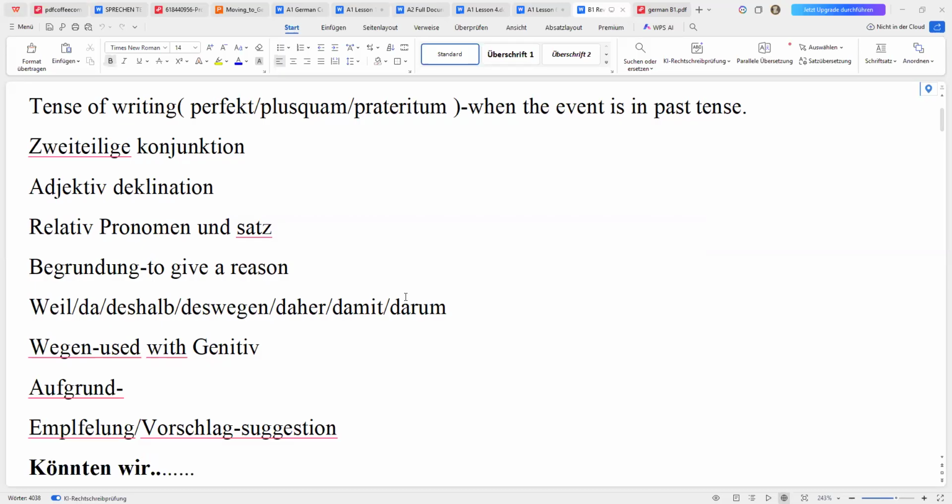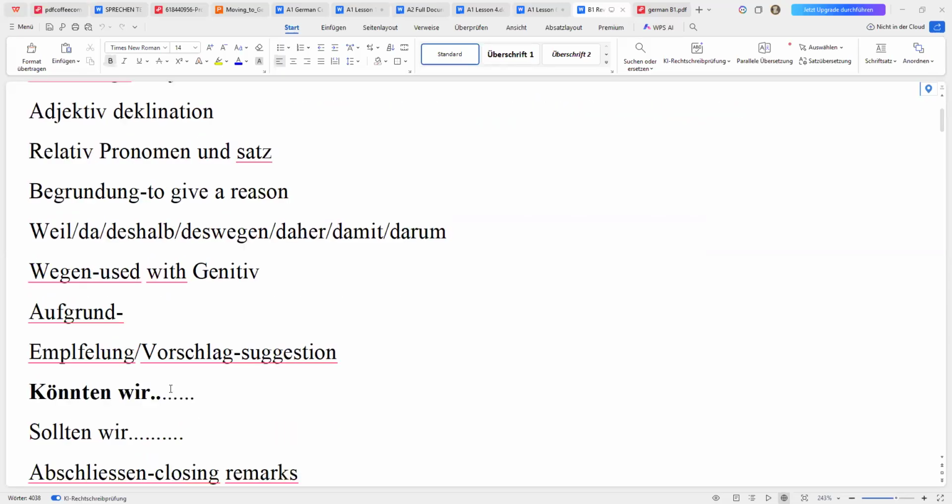So when you are suggesting, we use a certain grammar called Konjunktiv II, the könnten and the sollten. So könnten wir, you are empfehlen. Könntest du mich besuchen? Du solltest mich besuchen. Du könntest mich besuchen. So you are making a suggestion. The moment you use that Konjunktiv II, the examiner will know that here the person is answering the third point